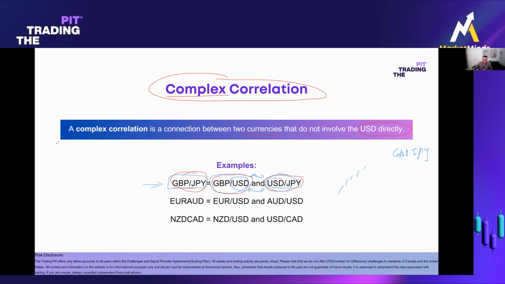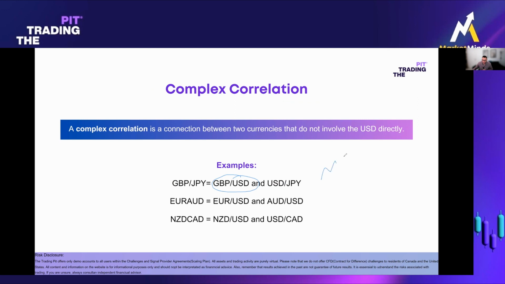For example, ladies and gentlemen, Great British Pound against the US dollar moves upwards, okay, in a rising trend. In a nutshell, in simple words, it looks like the Great British Pound is stronger than the US dollar. Let's take that scenario. And in this one here, if we check the chart between the USD and the Japanese yen,